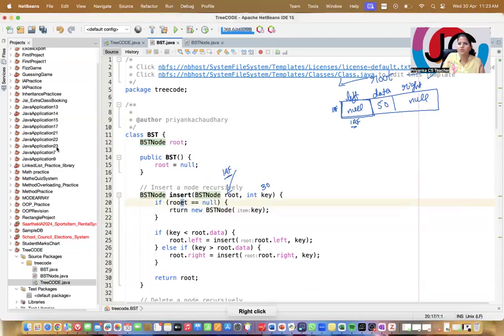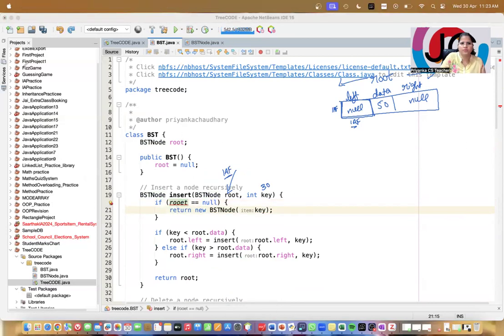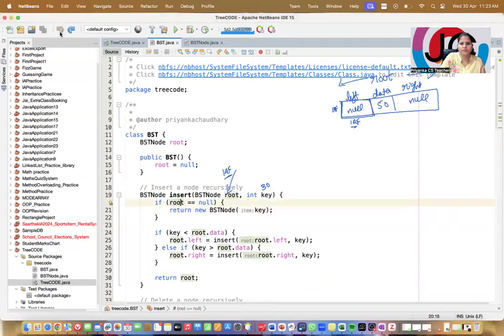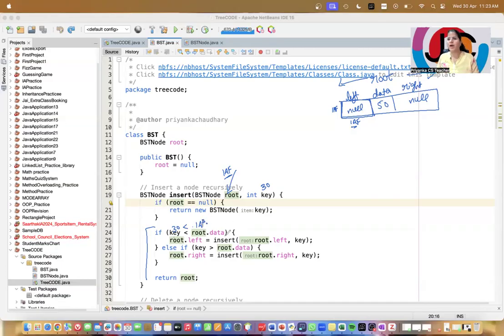Then we are checking, is this root equal to null? No, it is not. Then you are here. Is this key, which is 30, lesser than root dot data, 1AF dot data? So what data part do you have at the address 1AF? 50. So is this 30 lesser than 50? Yes, it is. So you will call the insert method again and you will try to insert this value at